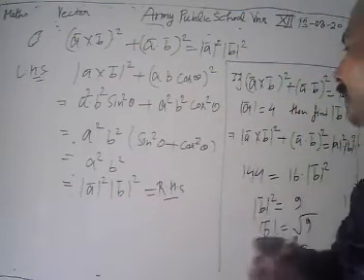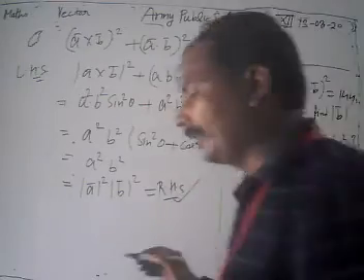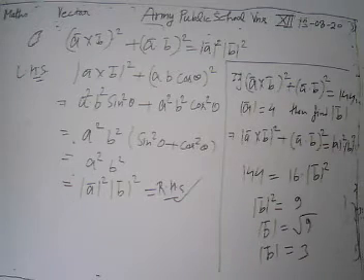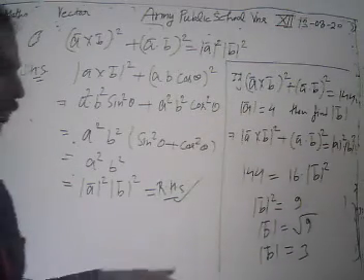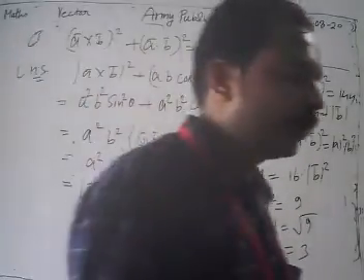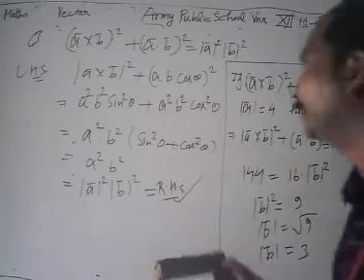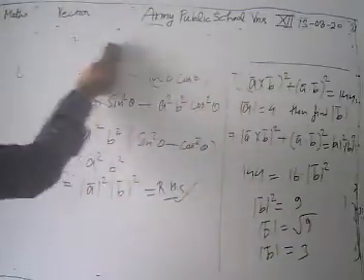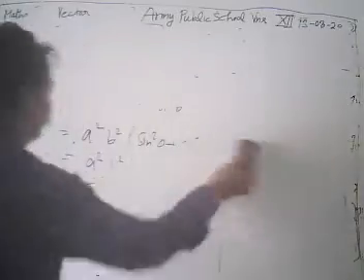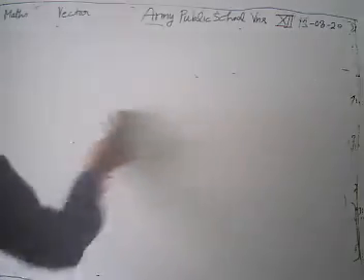Then also, if you are not able to keep this in mind, from this basic concept you can also get the value of modulus of a square plus b square, in which we get the magnitude of b is given by 3. So obviously we get plus or minus 3 here, but since it is the mod of b, which gives the length of the vector, and the length of a vector cannot be negative, that's why we take only positive 3. We have discussed one important concept here.